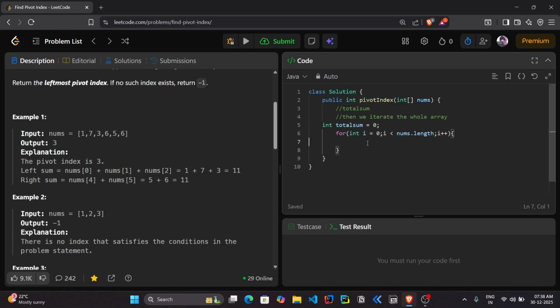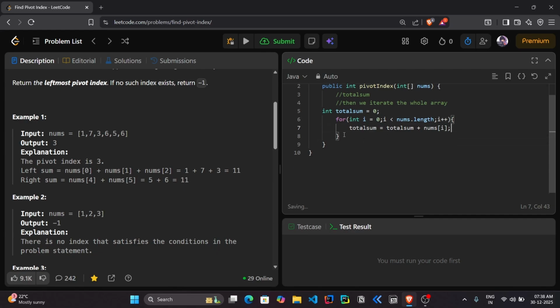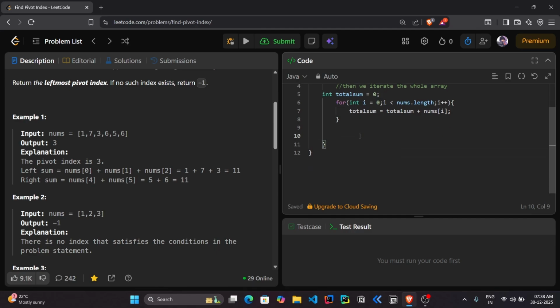Initially, total sum is equal to 0, right? Plus nums of i. Then what we can do is,